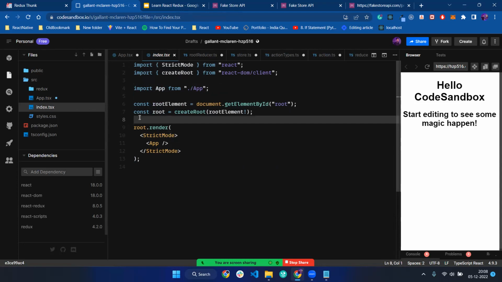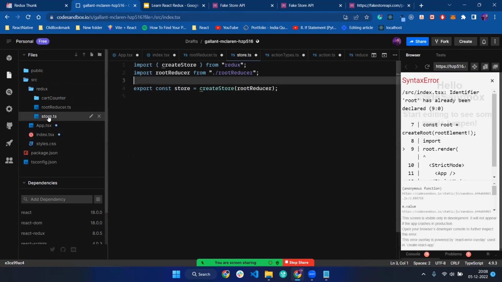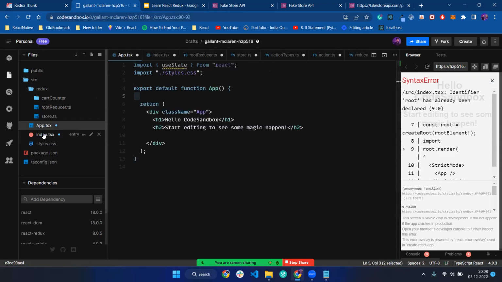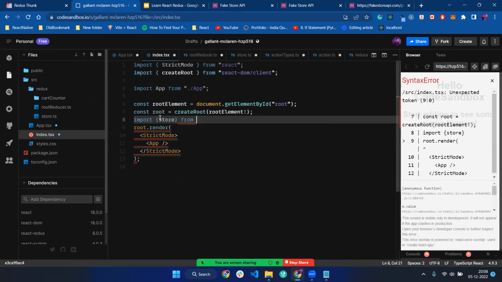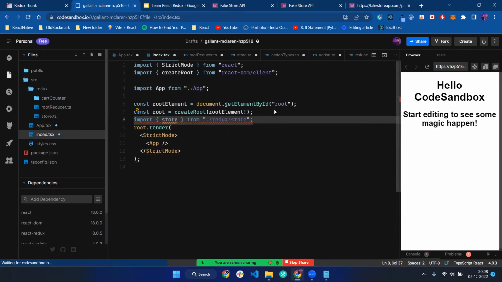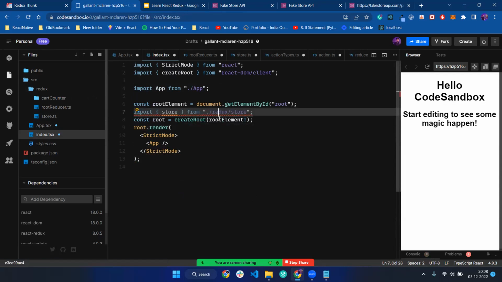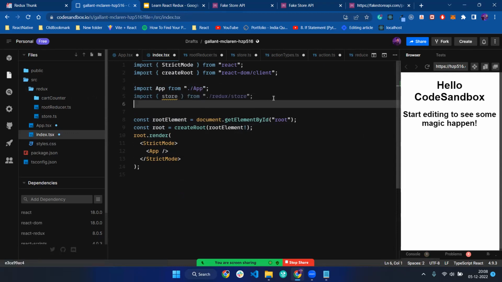So what do we have to do? First of all, I have to import the store. So I go to the index.ts and import store from ./redux/store. So I imported the store, and to pass the store, to access the store in